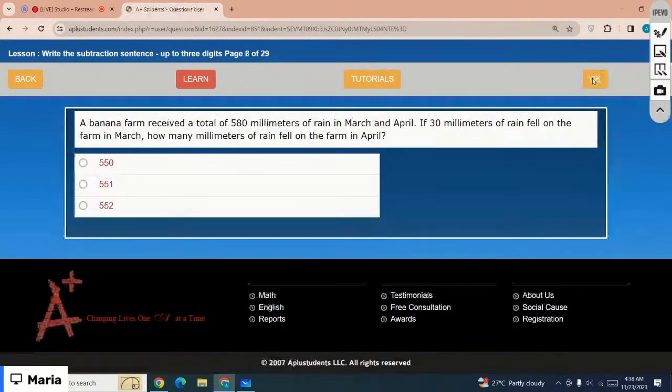A banana farm received a total of 580 millimeters of rain in March and April. If 30 millimeters of rain fell on the farm in March, how many millimeters of rain fell on the farm in April? Which is the correct option? You have to subtract 30 out of 580, right? So 580 minus 30 equals,